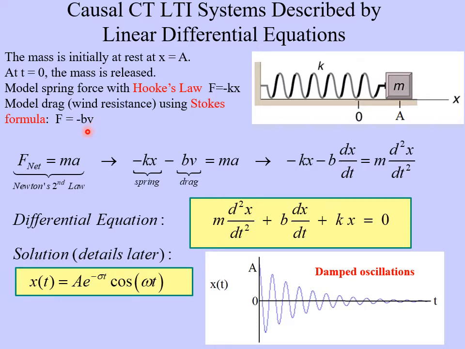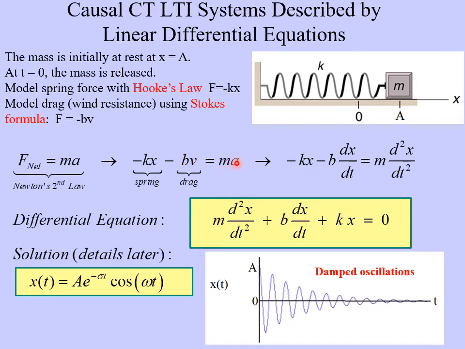So how do we do this? Well, it's pretty straightforward. We're going to use Newton's second law. Net force equals mass times acceleration. And to think about the net force, what are the forces acting on this spring? We're talking about in the horizontal direction, of course, because in the vertical direction, weight and normal force cancel out anyway. So in the horizontal direction, there are two forces acting on this mass. There's the spring force, which remember by Hooke's law is minus kx. And there is the drag force, which by Stokes' formula is minus bv. So we add these two negative forces together to get the net force, and that's equal to ma, mass